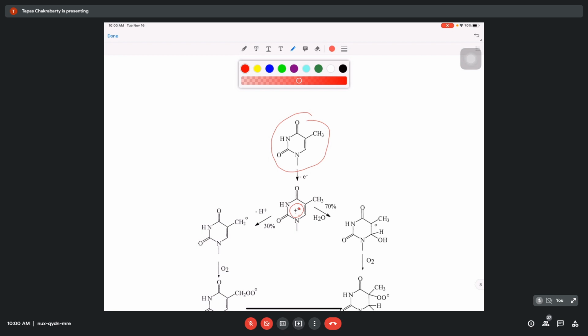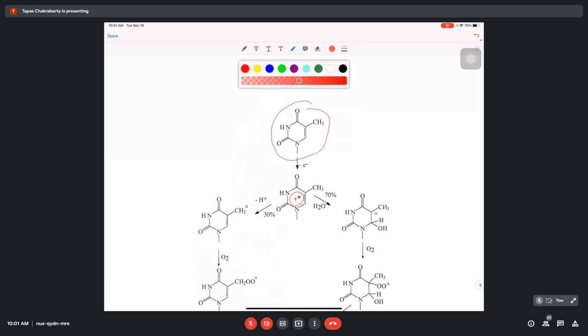All the bonds in your molecule are those of a closed-shell molecule. One electron is knocked out, which means what is left is a cation radical. Cation in the sense that one electron has left, so it is positively charged, and a single electron is lying here. So now it is a highly reactive molecule, a radical. Depending upon what radical scavengers are present in your system, these photochemical reactions can be stopped. Otherwise, these radical cations can undergo a series of reactions.